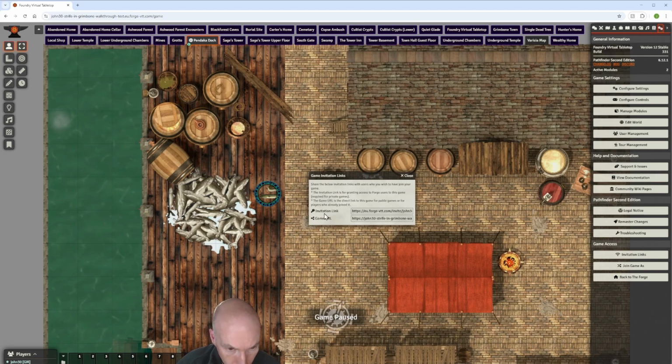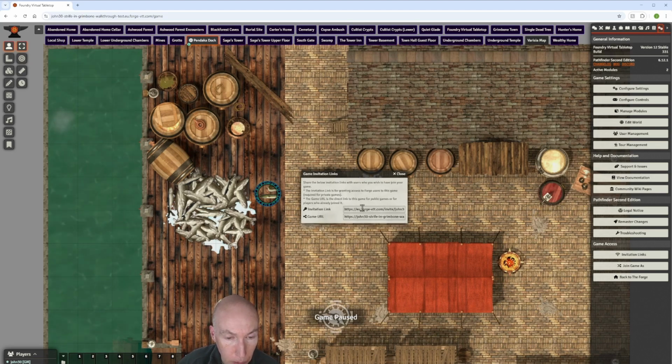and what you would do is give that invitation, not the game URL, you would give the invitation link to the players, and the players would then paste that into their internet browser, and what that would do would be an invitation to join. So they would either sign up or sign into the Forge. That would be free for them as players, and they would have their username and a password. They'd be invited to join, they'd accept the invitation, and then they would get into their version of the Forge here,